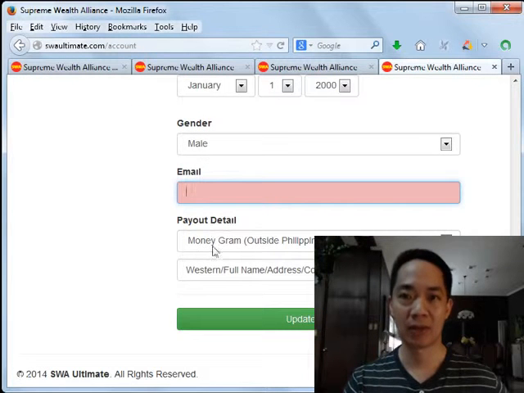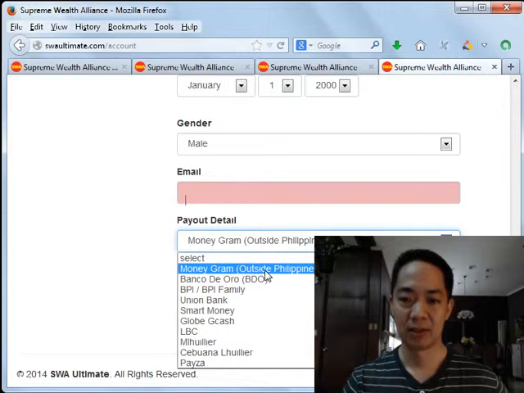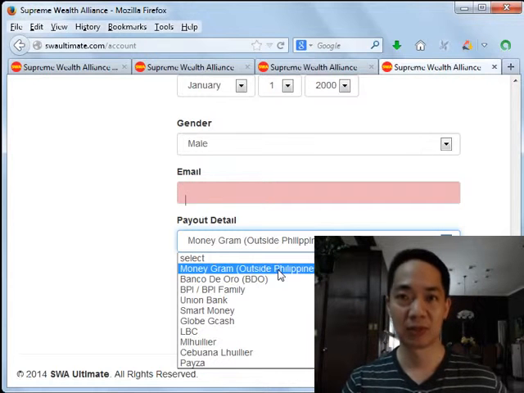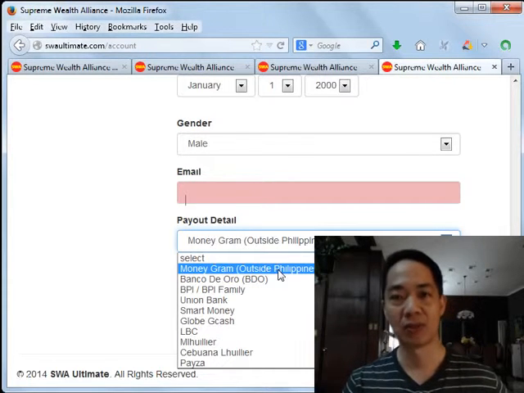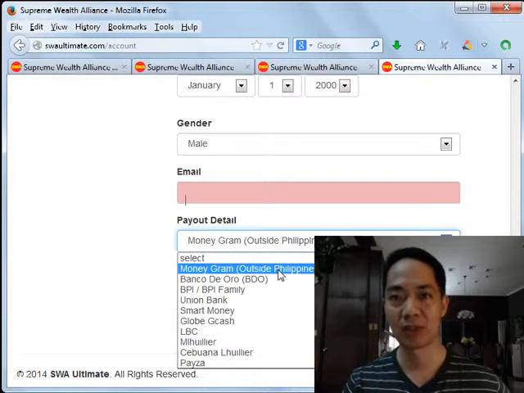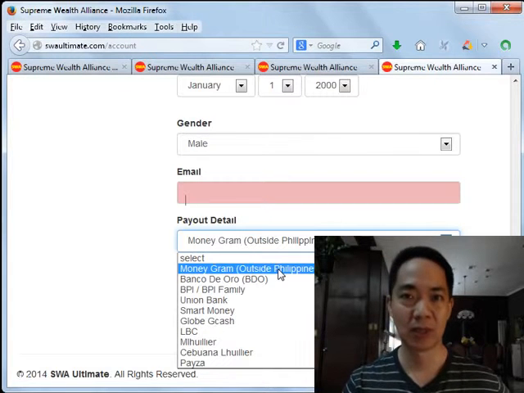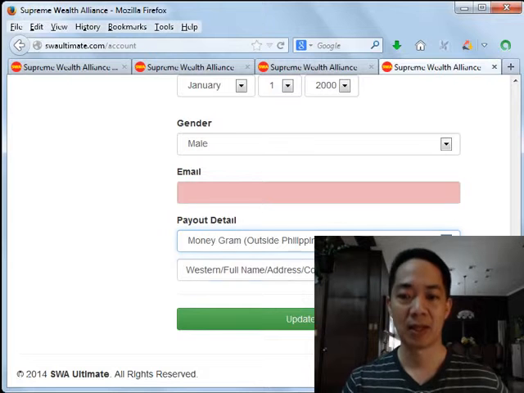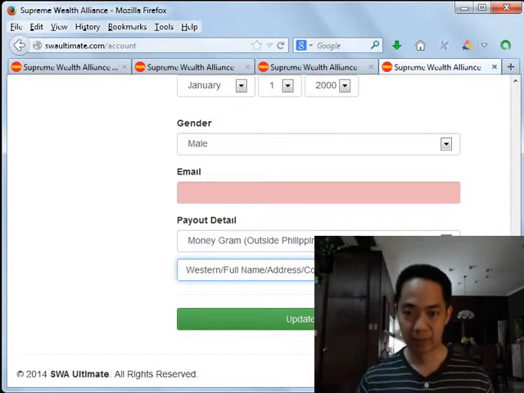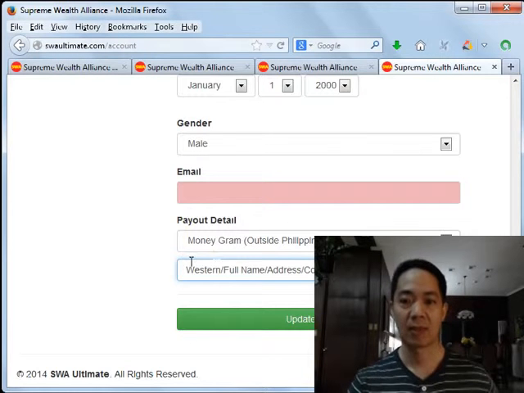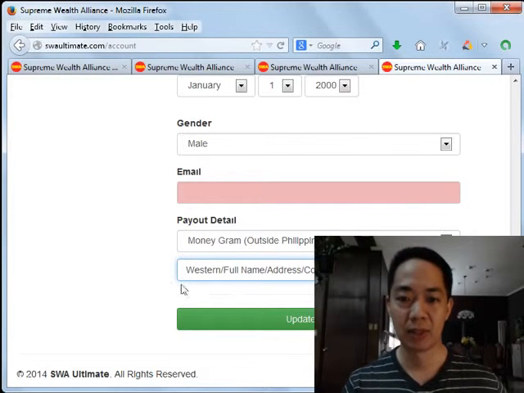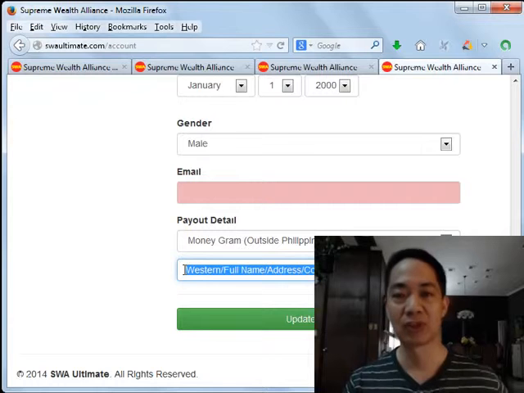Now here, for the payout detail, let's say you're outside the Philippines but you don't have access to MoneyGram. Let's say you would like to receive your payments via Western Union. Just choose here MoneyGram, and then in the rectangle below the payout detail, you put there Western. This is to let the SWA administrators know that you would like to receive your payment not via MoneyGram but